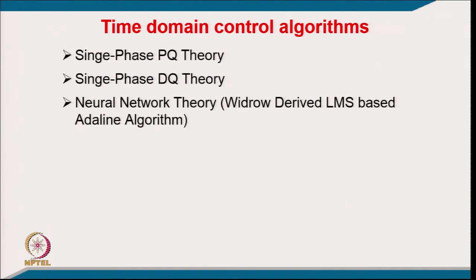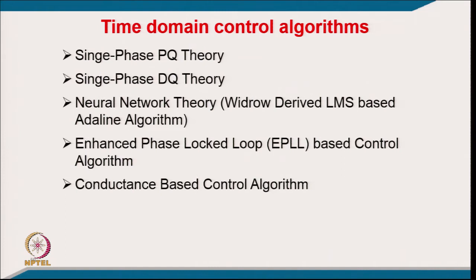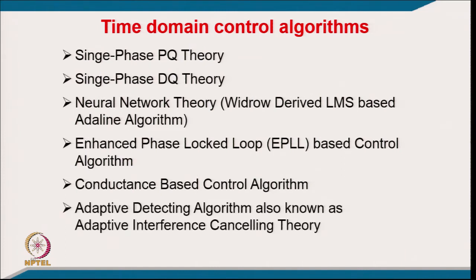The simplest one is the widrow derived least mean square based error algorithm, and enhanced PLL based control algorithm, and conductance based control algorithm, then adaptive detecting algorithm, also known as adaptive interference cancelling algorithm, and many more. So, there are plenty of algorithms which are reported for this shunt active power filter, and there is another type